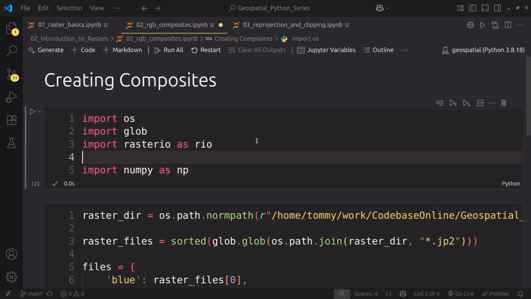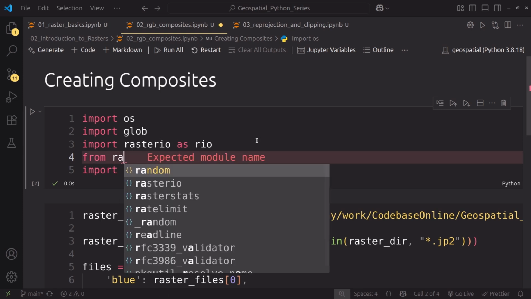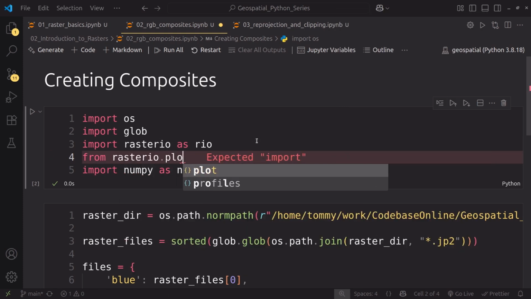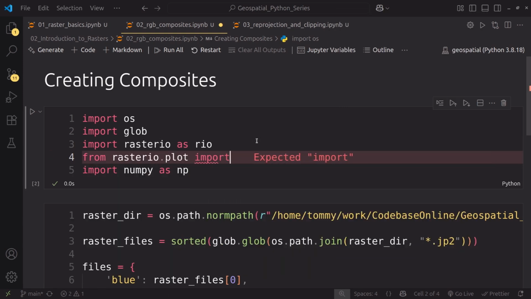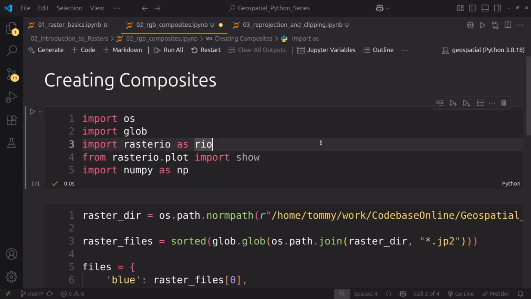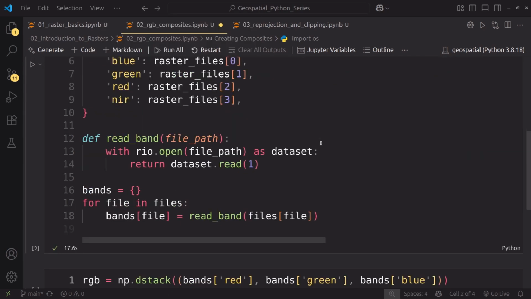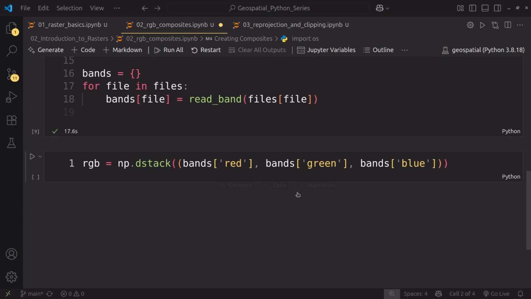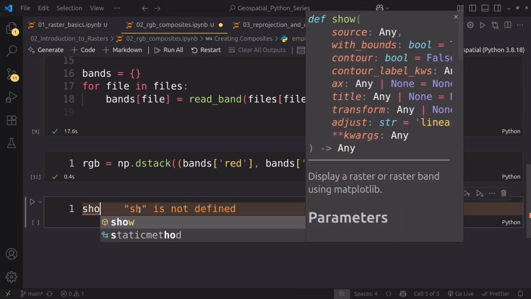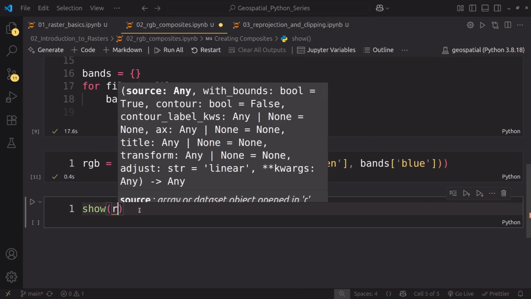So from rasterio.plot, we want to import show and run this particular cell again. If we run this cell and then show our RGB,